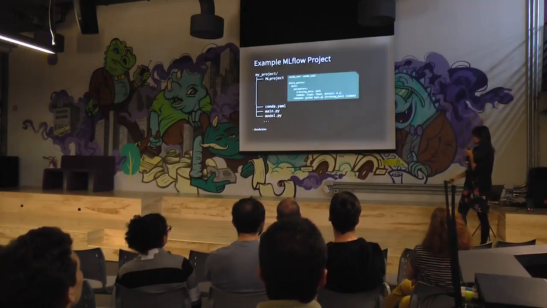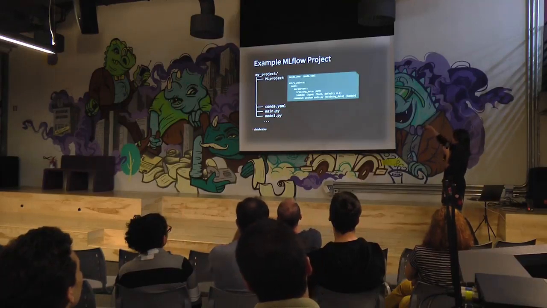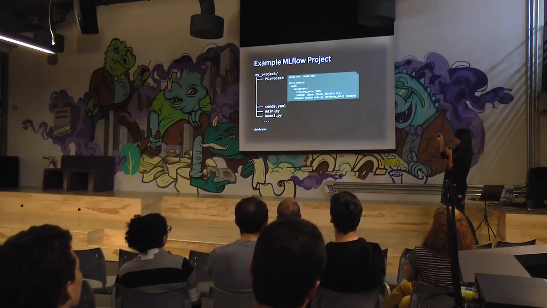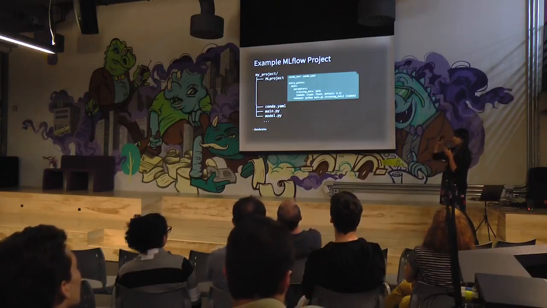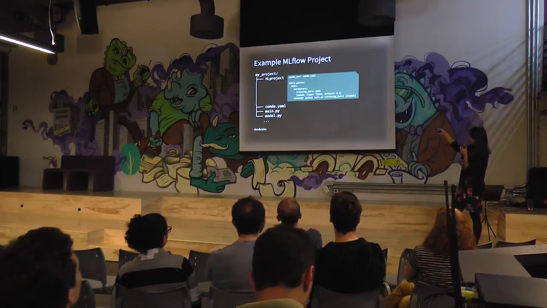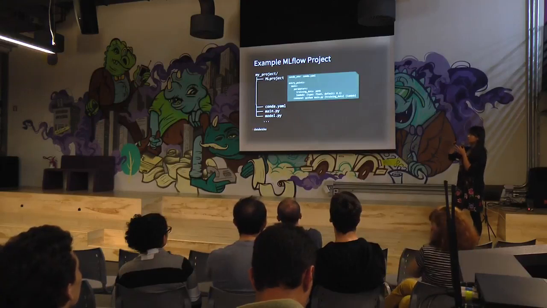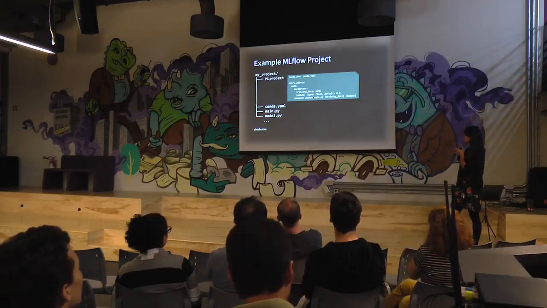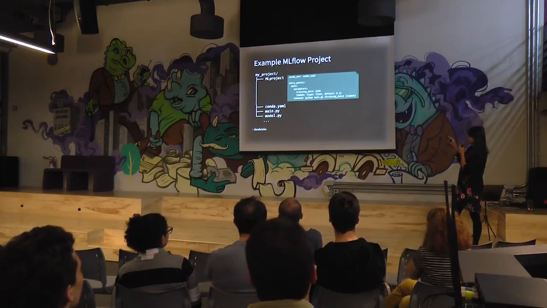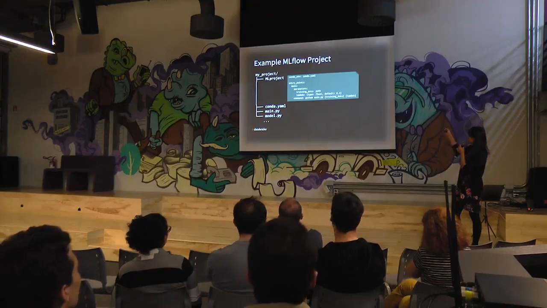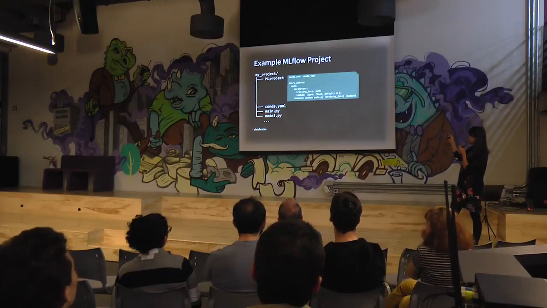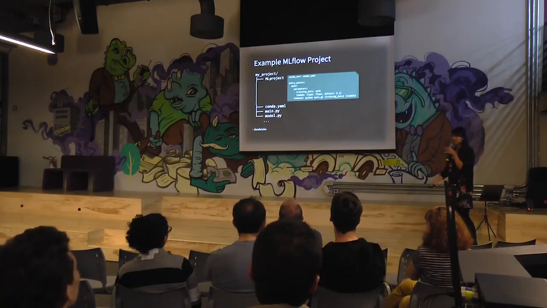So the MLflow project looks something like this, where we will have something called the project file. Right at the top, you have the conda environment. In this case, we have a conda YAML file, so all your Python dependencies, system dependencies, they go in there. And then we have the training data path, so the path to your training data. So a snapshot, code, and things like the hyperparameters, so the actual model parameters that you're passing in, and the actual command you ran to run that machine learning model.